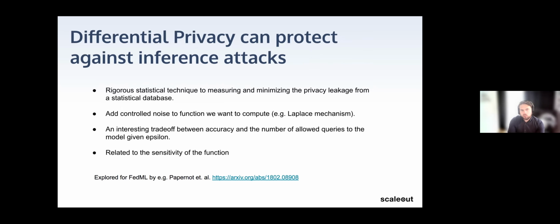Differential privacy is something that is also very interesting for output privacy, and this is an idea where you base this on a quite rigorous statistical framework, where the idea is that you add controlled noise to, for example, data or to weights, and then you essentially average out this noise when you do the computation. So this can be a reasonable way to mask input data and still be able to compute the result. And this is a quite old technique as well. It's used in the context of federated databases, for example. So this is about protecting output privacy.